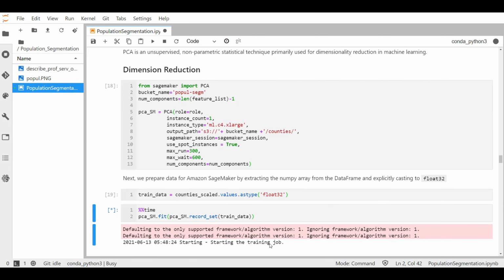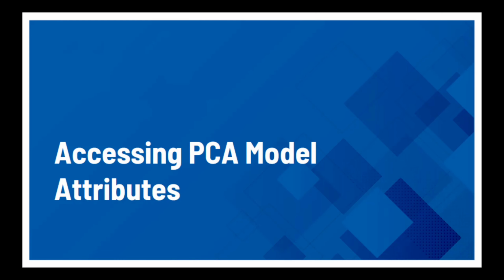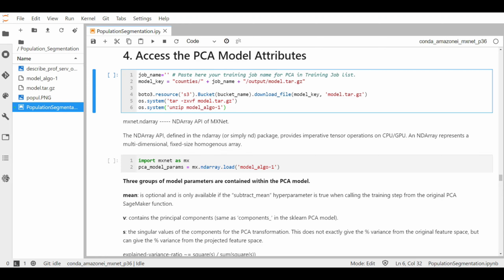And it will take a while to generate the model. So I will pause here and we will continue with the PCA model attributes accessing in our next lab session. In this session, we will learn how to access the model attributes for the principal component analysis based model we